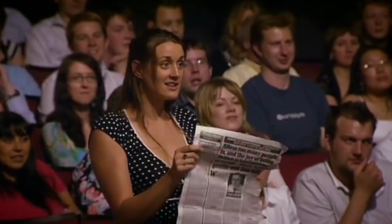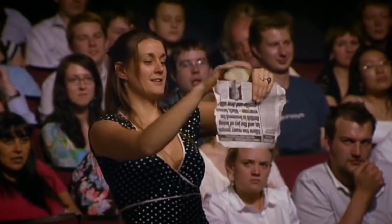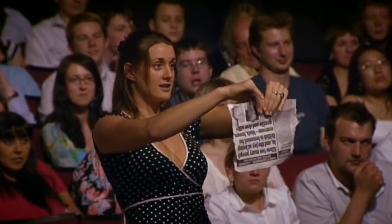So if you can turn it landscape for me. Tear it down the middle, put the two halves together, tear them again, put them together, tear them again. So we get a nice pile of papers. Very important, don't drop any. And also, please try not to screw them up, all right? So a nice neat pile. As you do this...